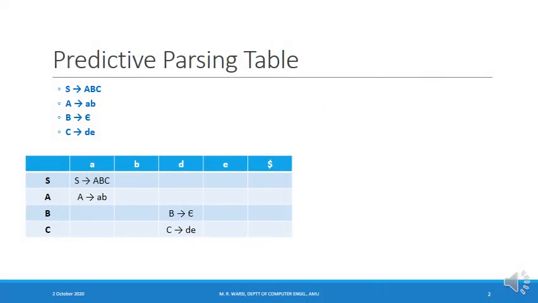In the previous lecture, we talked about the idea of recursive descent parsing and predictive parsing. In top-down parsing, at any step of the derivation, we are expanding the leftmost variable. So if we obtain the sentential form small a capital A alpha during the course of the top-down parsing, in this sentential form, capital A is the leftmost variable.